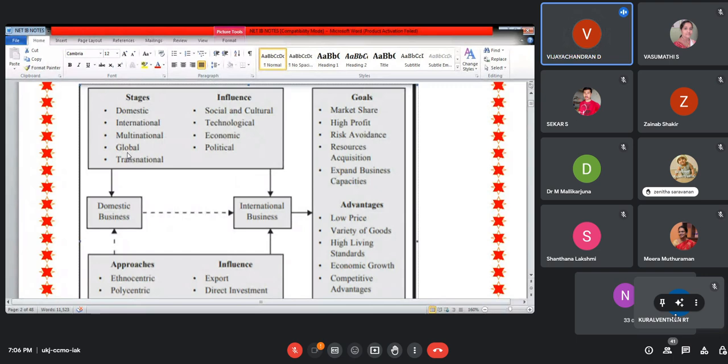That is transnational. So maybe they will ask you to arrange the sequence in order, so you should not get confused. DIMGT. Start with the D, end with the T. These are all the acronyms you have to keep in your mind, so that nothing will be confused when answering in the examination. DIMGT. DIMGT. Okay.